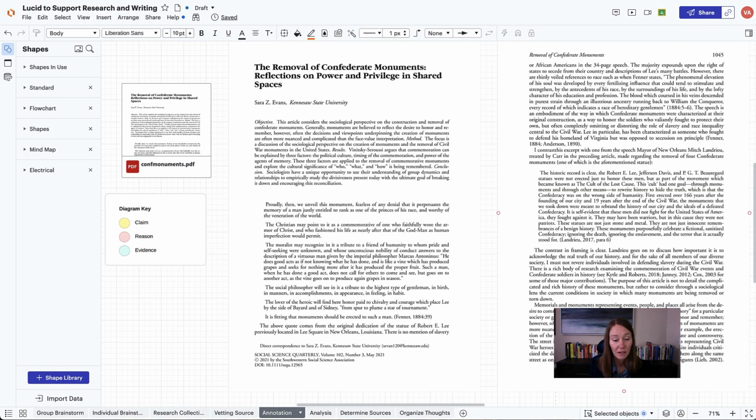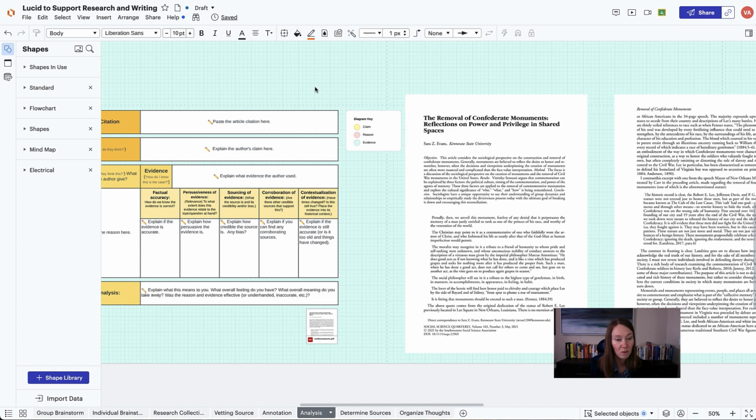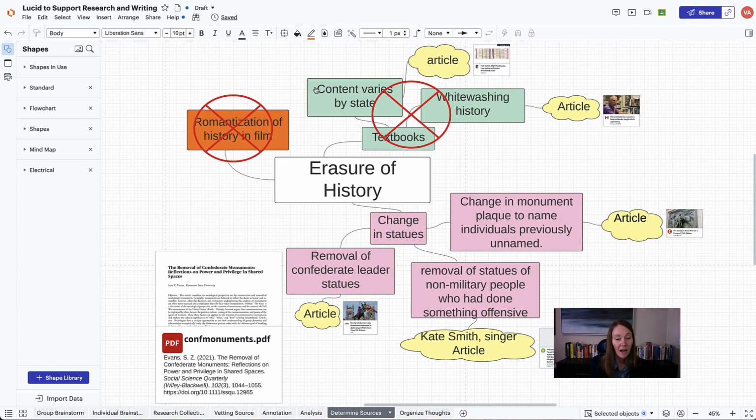Let's come back over here. So I do really like doing the annotation in Lucid Spark, but you can also do the analysis part right here in Lucid Chart if you want. You can have that article pulled up so they can pull from it, and then they can fill it out over here. After they've looked really closely at their sources, I like how you can use these circles with X's,